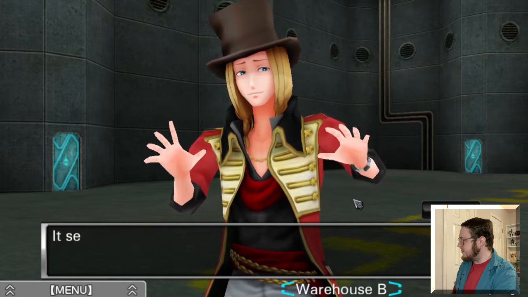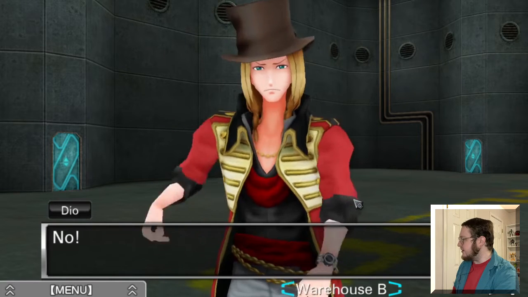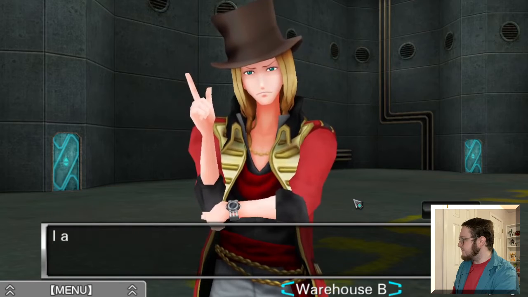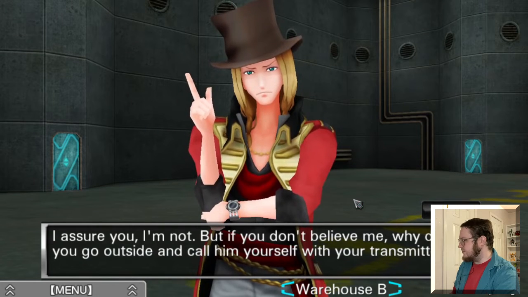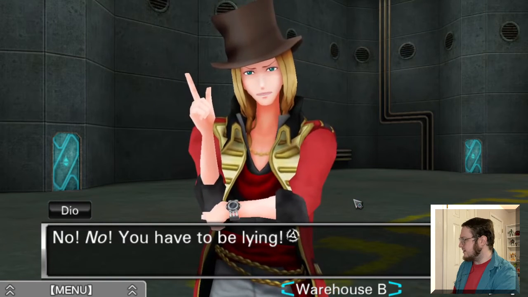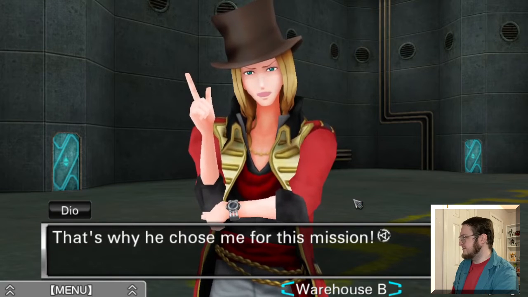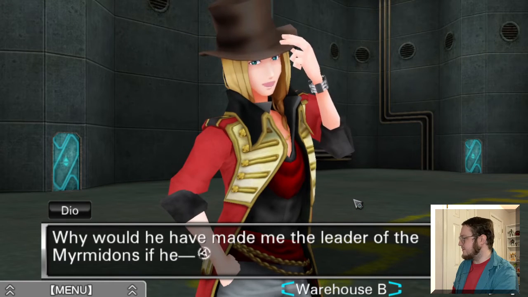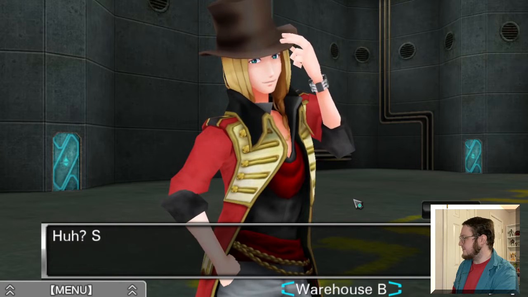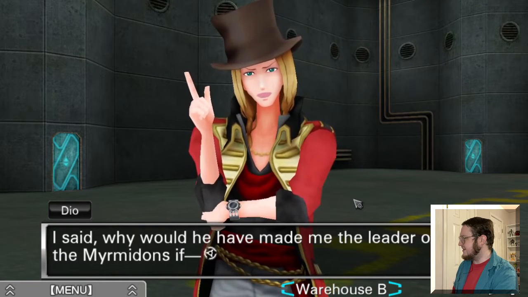I was sent here to watch your every move. It seems our wise and noble brother doesn't trust you. He suspects betrayal. No! You're lying! I assure you I'm not. But if you don't believe me, why don't you go outside and call him yourself with your transmitter? No! You have to be lying! Brother trusts me! That's why he chose me for this mission! Why would he make me the leader of the Myrmidons if he... Huh? Sorry, what was that? Why would he have made me the leader of the Myrmidons if...